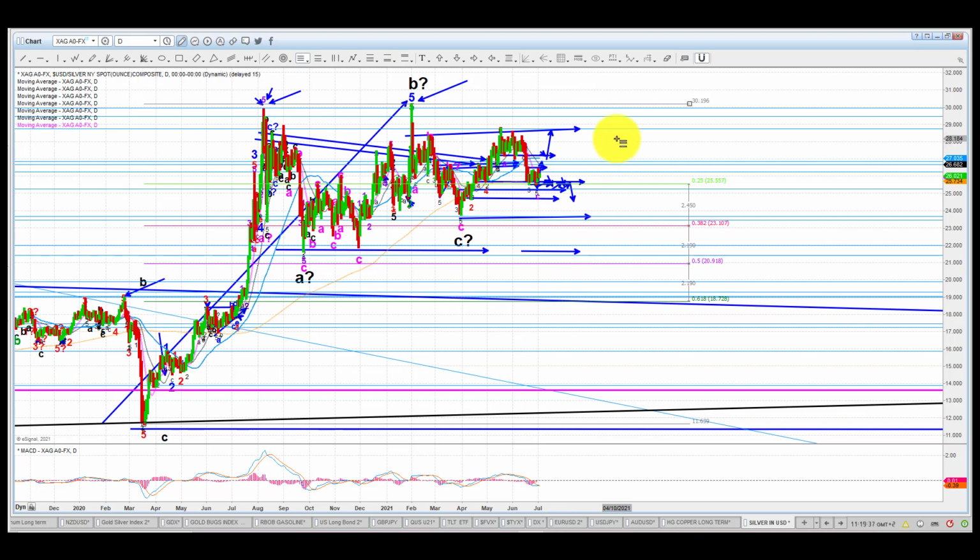We have seen many corrections like that in the second wave, but it is important now to be aware of the potential of this decline, and the first hint that we're going to get is inability of silver to basically mount a rally and just dragging its feet sideways for 1 or 2 weeks, and then you know it is trending lower. It's going to continue.